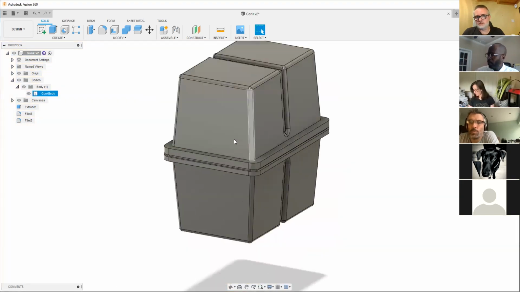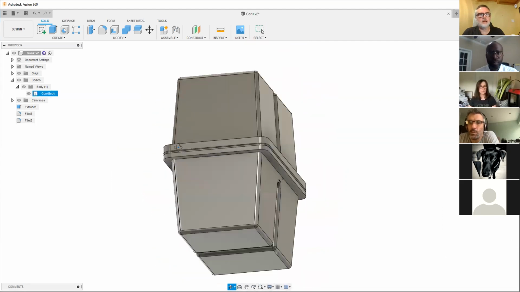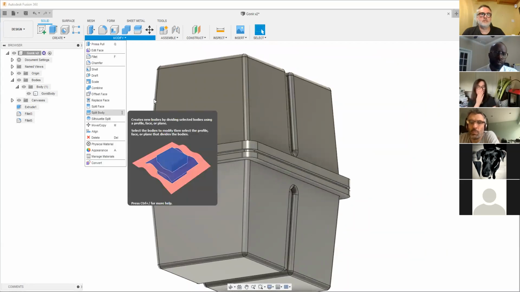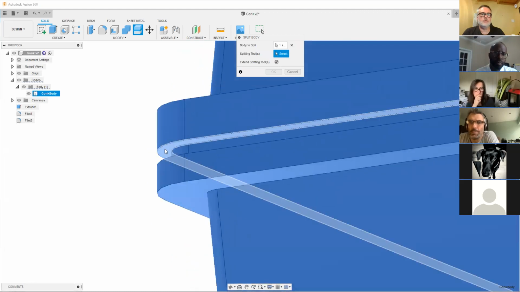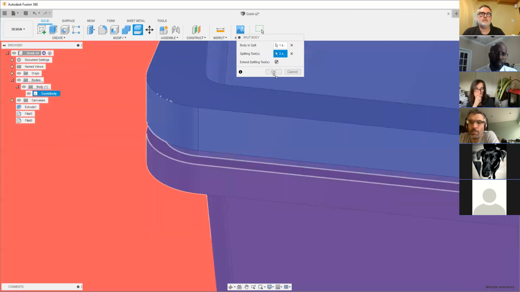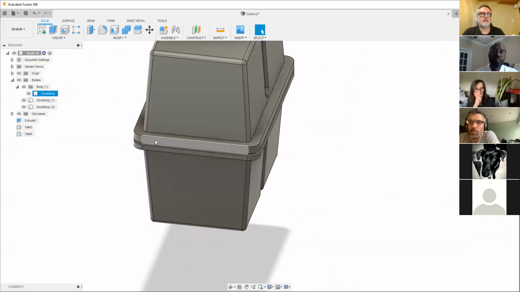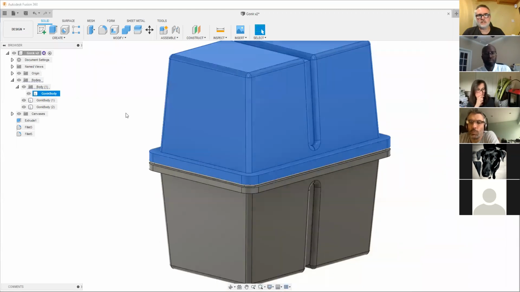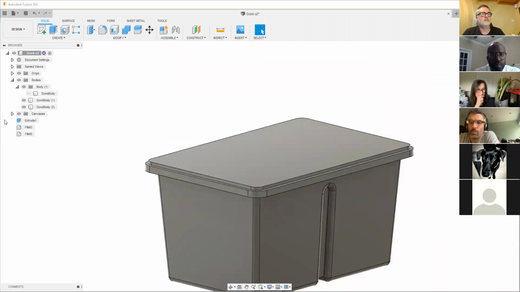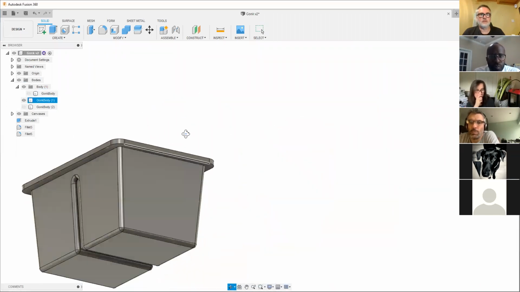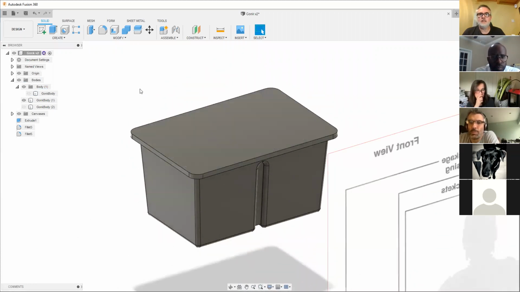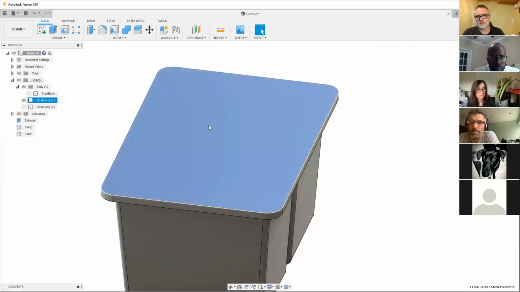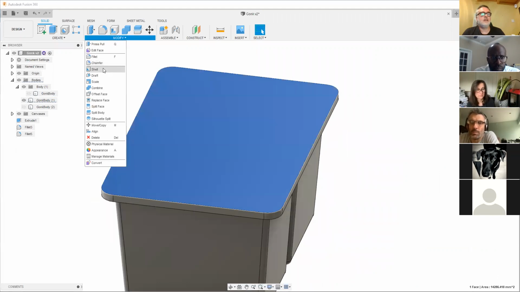Whereas you obviously want to hollow it out. You might want to add lights or LEDs or whatever in there. So the first thing I'm going to do is split the body into the 3 parts that I had before. Okay, I'll show you why we're going to do that now. So the 3 parts are this top one. Imagine these are like storage containers, which is, I guess, what this thing was made out of in the first instance. And that one. What I've got now is this storage container, but it's solid. So to hollow out a body, if you highlight a flat surface like this one, and you click Modify Shell,